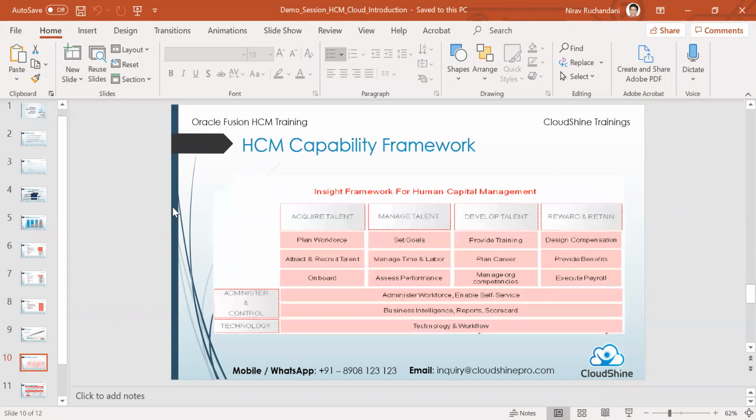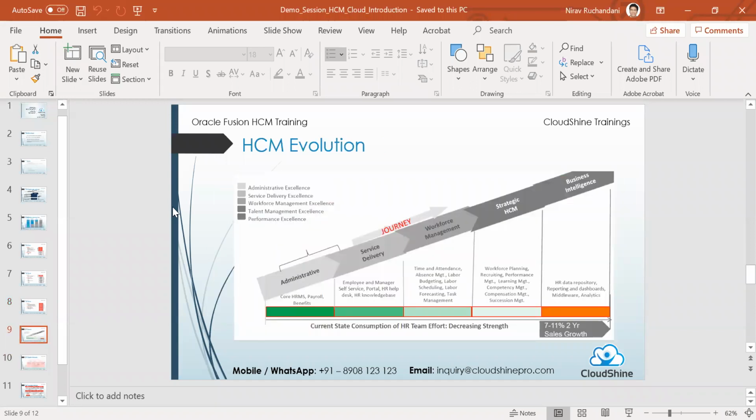So this is the overall HCM evolution that has happened over the years. From a process standpoint, this slide talks about how it has evolved. Initially, it was more of an administrative solution that was there on different technologies, be it Oracle, PeopleSoft, etc. So back in the days,